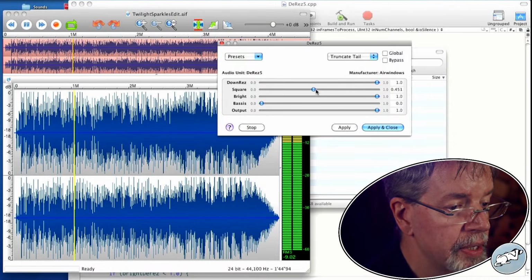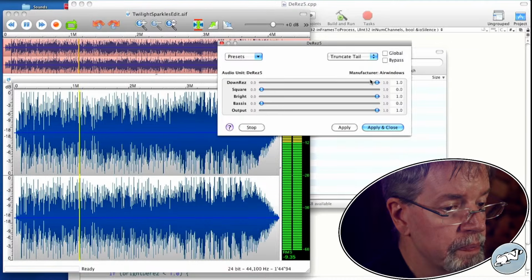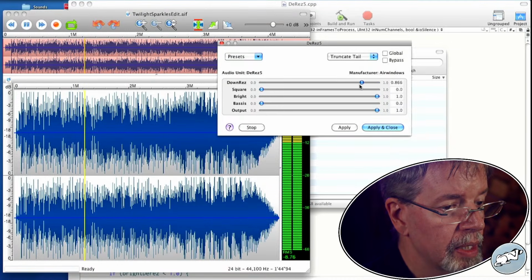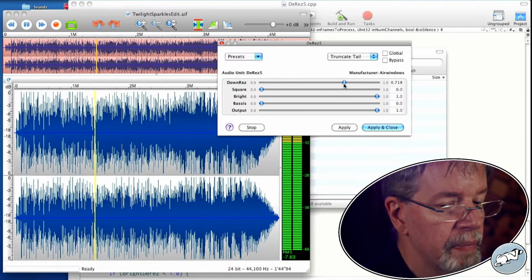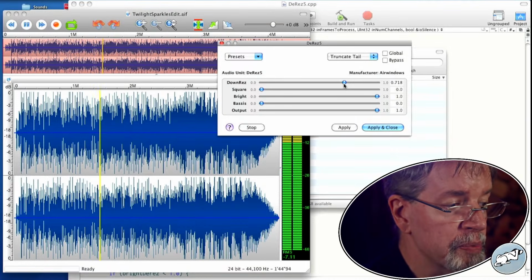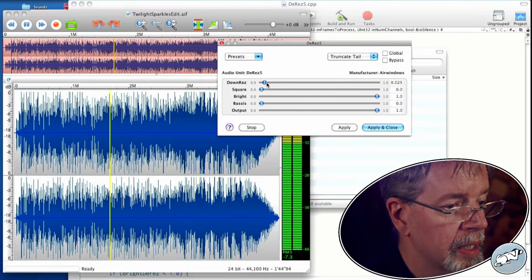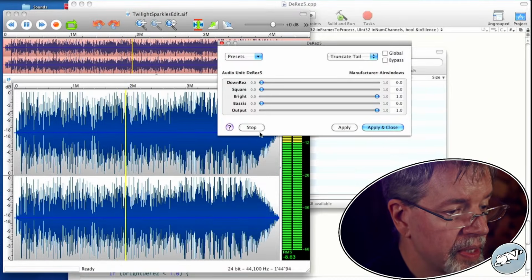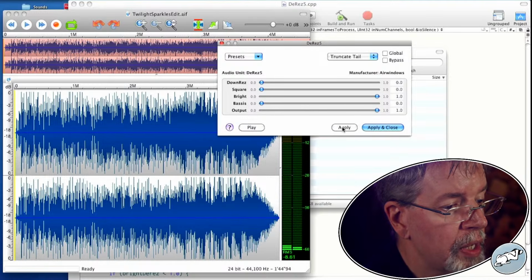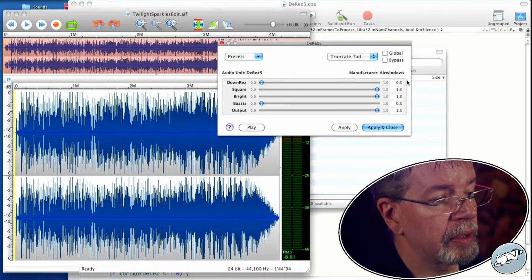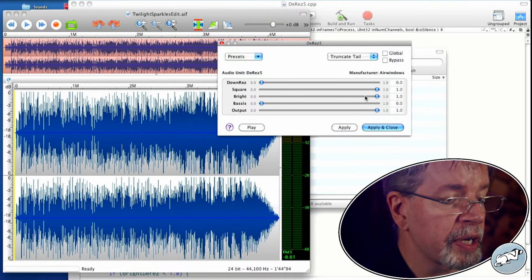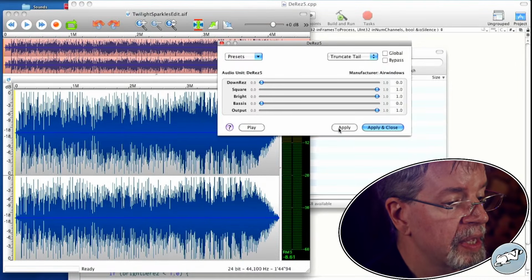No derez and no filtering. And as we increase the maximum, we get a rather large maximum. So what does this look like? Let's crank square all the way to 1 so we can really see what it did.